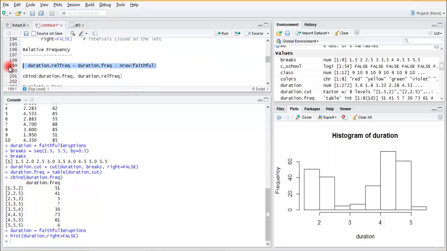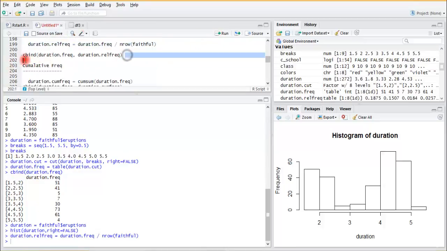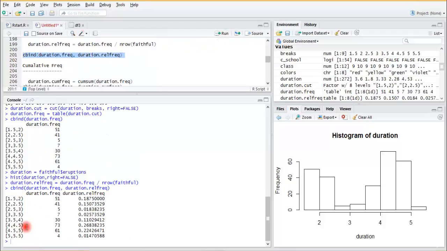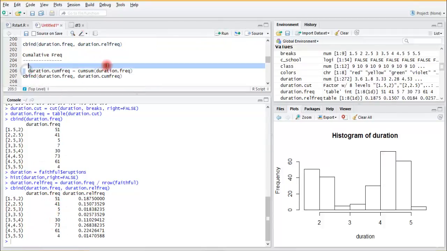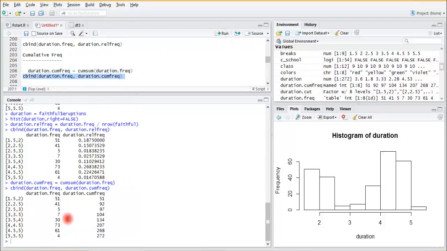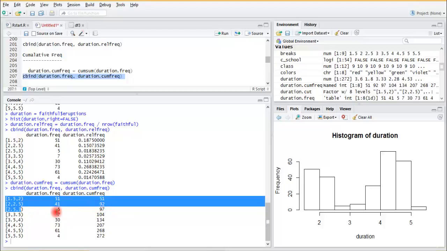Let's plot the relative frequency. So this is the chart for relative frequency. Relative frequency is the proportion of these values. Let's quickly see the cumulative frequency also for them. So this is the cumulative frequency, 51, and then 92 is basically 51 plus 41, and then 97 is 92 plus 5. So cumulatively, 95 represents all the values between 2.5 to 3. 97 represents all the values which are less than 3. So 97 is the summation of everything before this window.